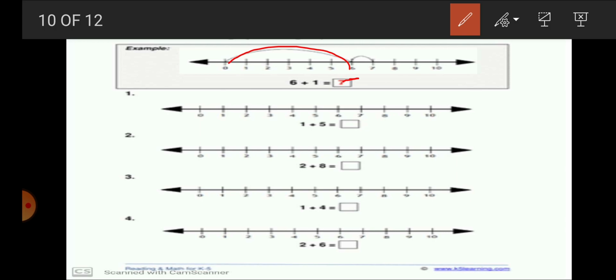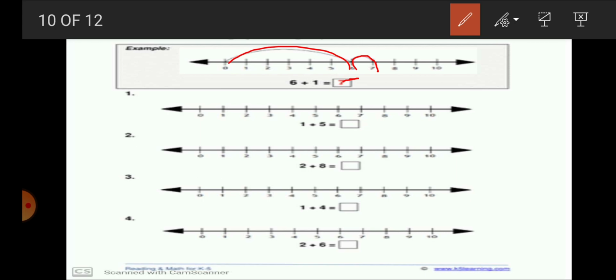I would like to repeat this sentence, that you have to move one step forward. As this is 6 plus 1, so only one step. On which side? On the right side of the given number. Okay, 6 plus 1. In our language we can say that you have to make a jump one step forward. At which number do you reach? It is number 7. So it will become our answer.